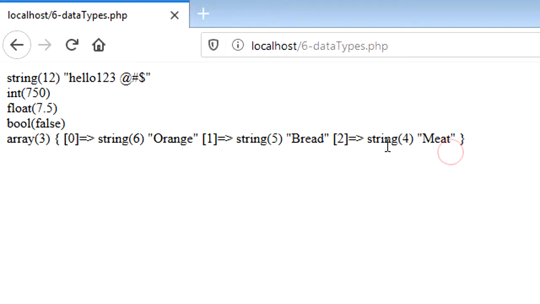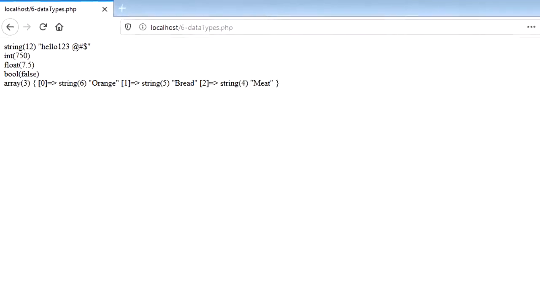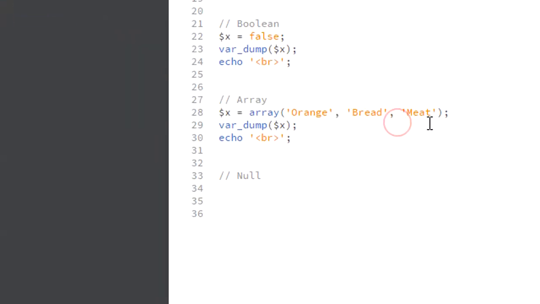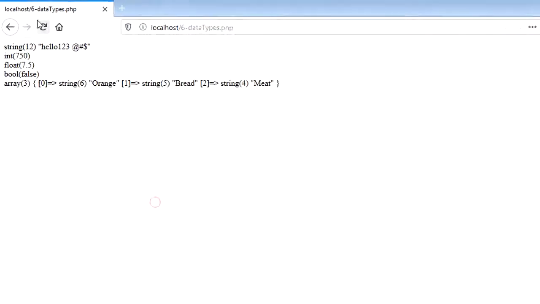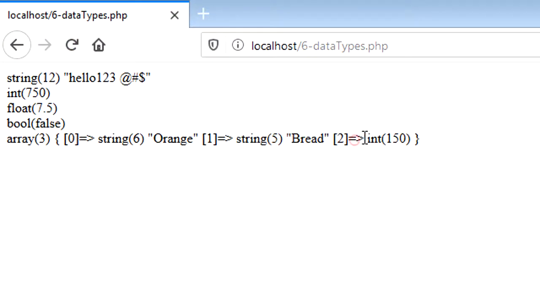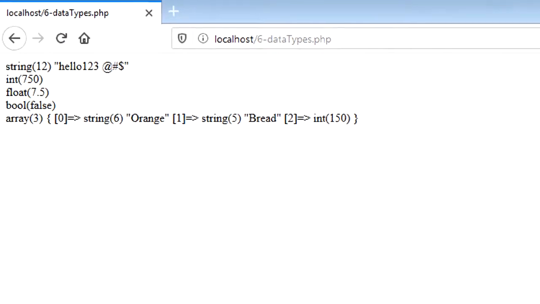Let's change some values and make it something other than string. So for example, we go to the meat and change this to, for example, 150. So now it's an integer. So in the same array, I can add string and any other type inside the same array. It doesn't need to be all string. Okay, so save, go to our browser and refresh. Now we get the last one is integer 150. Okay, so go back to our text editor,